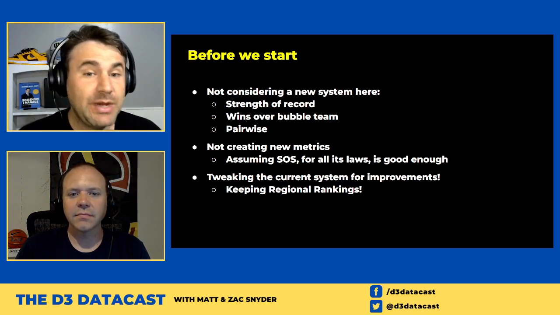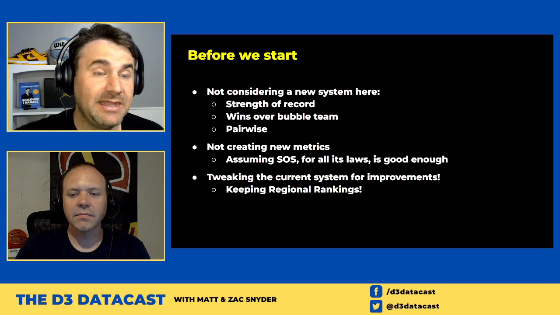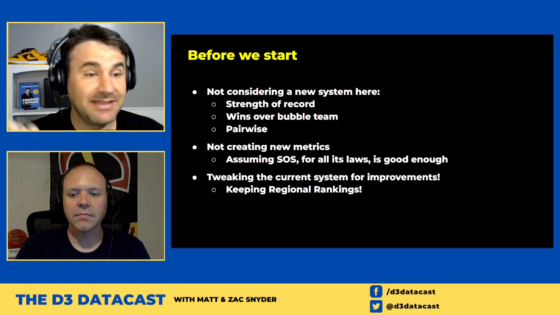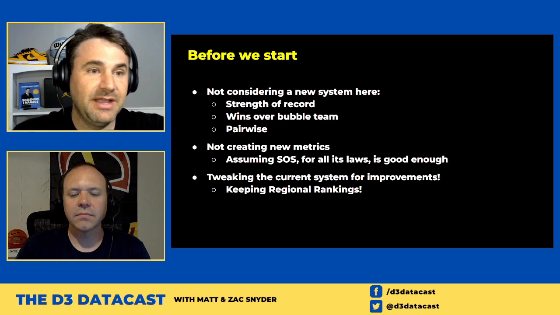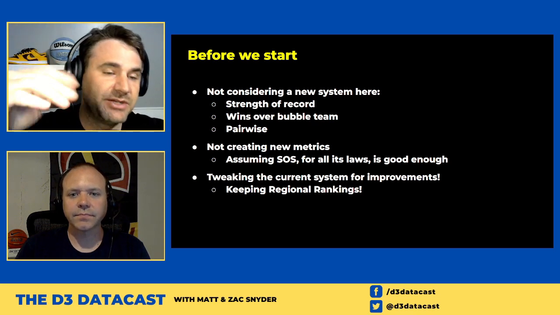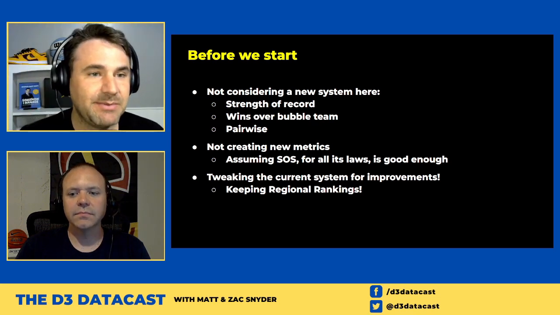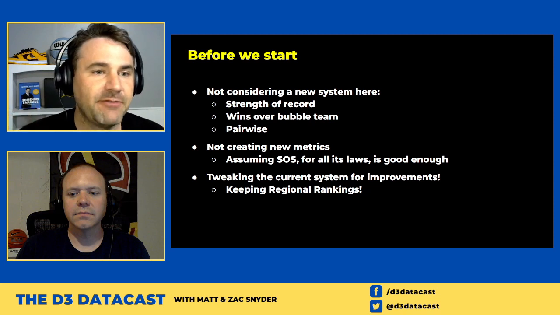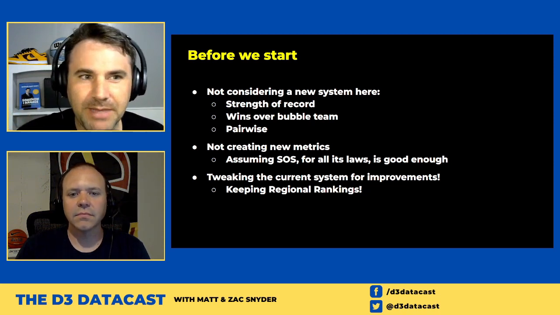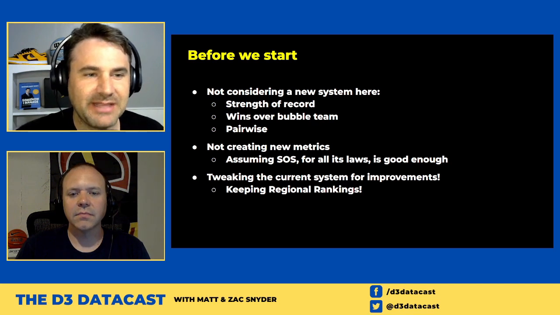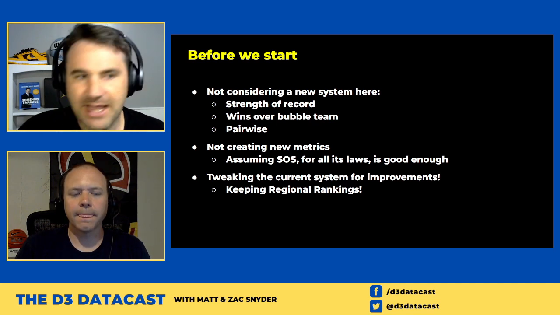And as I said, we're going to tweak the current system. We're going to keep regional rankings. We're going to keep the regional approach to selections where there are 10 regions. The 10 regions are ranked from top to bottom, and you compare the number one in each region, and then select the team, and then fill in from the region and select the team. We're going to keep that system in place. It's those 5 primary criteria. We just want to tweak a little bit, maybe. We'll see how much a little bit is, but I think that's what we want to do. Does that make sense to you, Zachary?